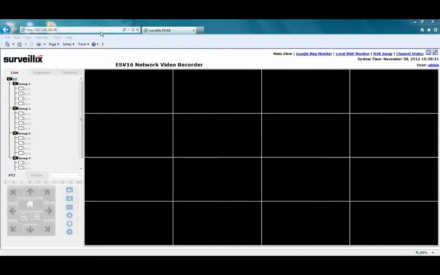I'm going to show you how to add cameras to our ESV16 network video recorder. Right now I'm connected to the ESV16 interface just through my browser, and the first thing